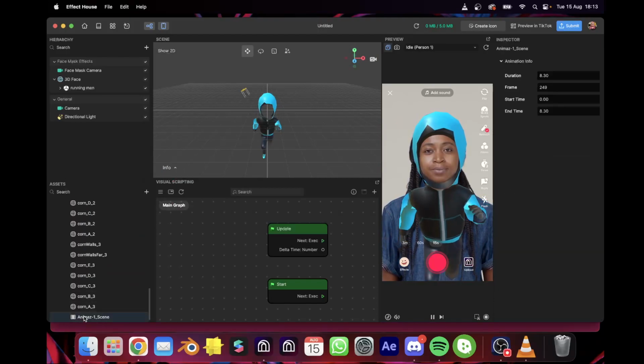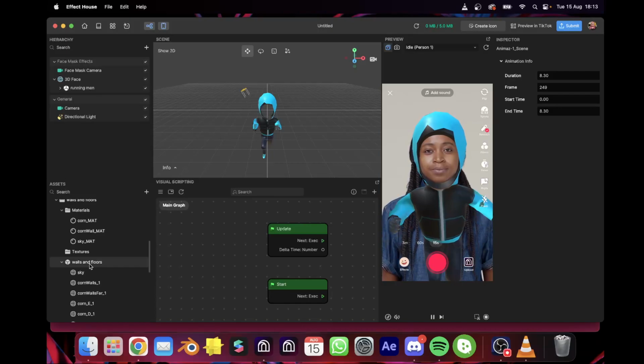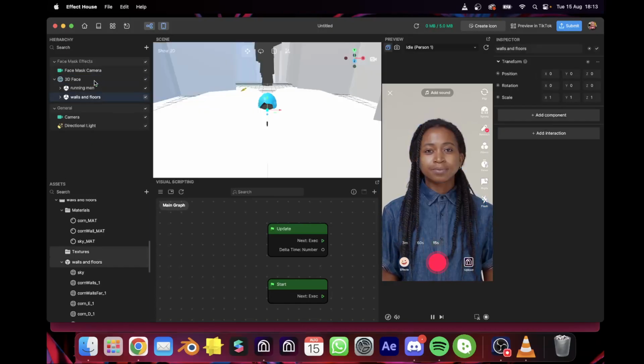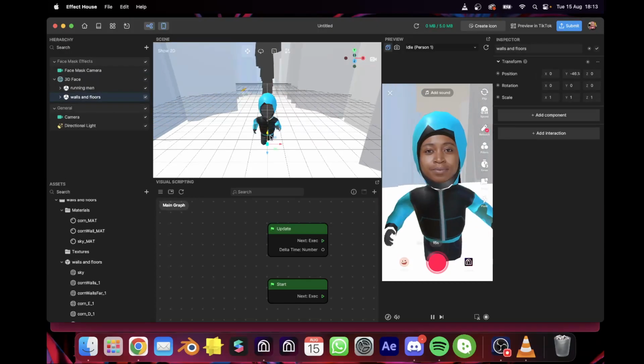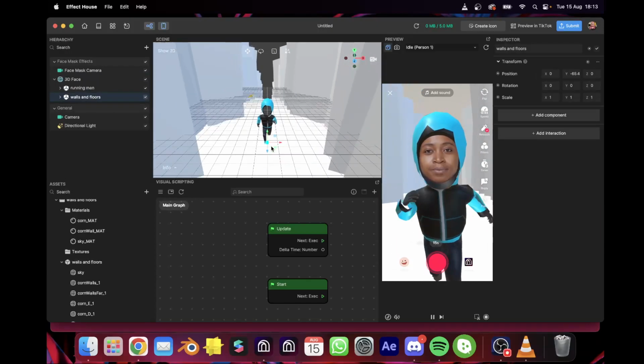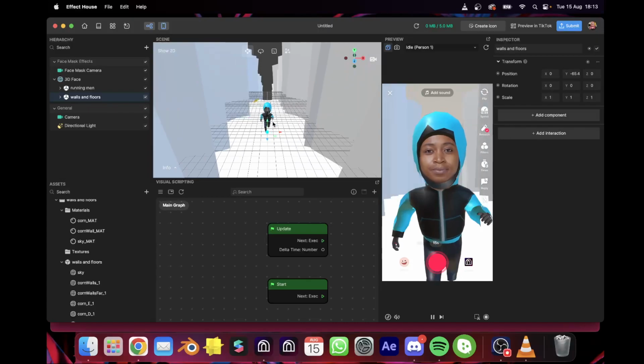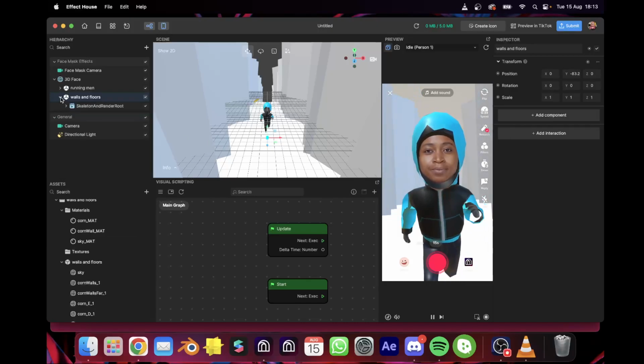And we want to make sure that it's only got one animation. That means that we have exported it properly. And I'm just going to drag and drop that under the 3D face as well, and then just bring it down. So you can kind of see the feet of the character sticking out. So now it will just run in this endless loop,